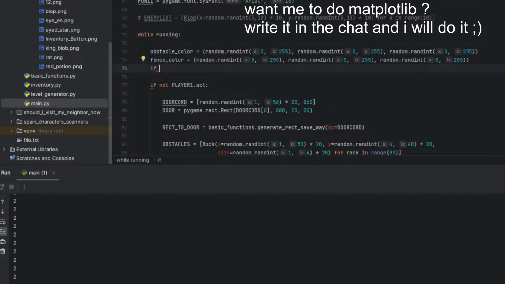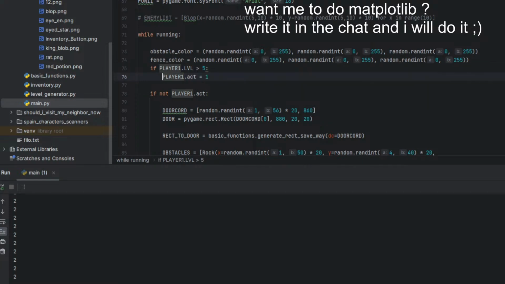if player1.level is greater than 5, player1.point_act equals 1. Let's do this with indentation, it's just easier to visualize.